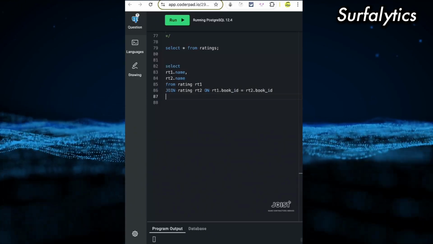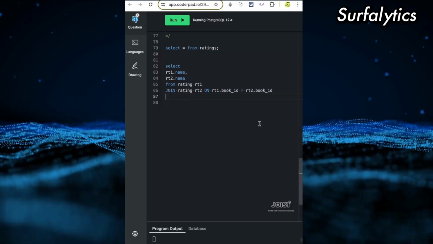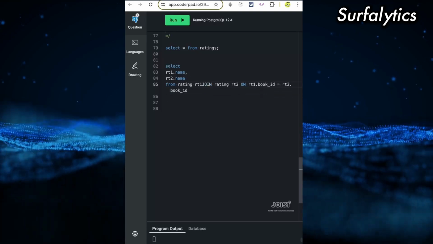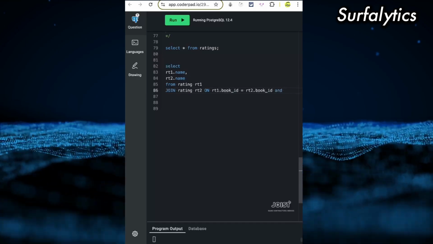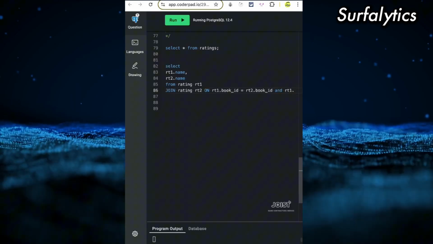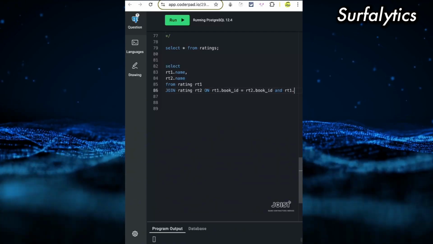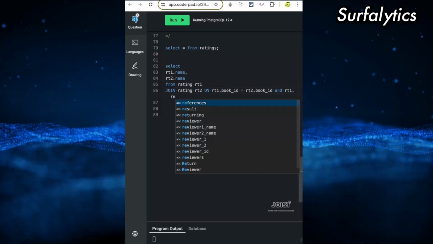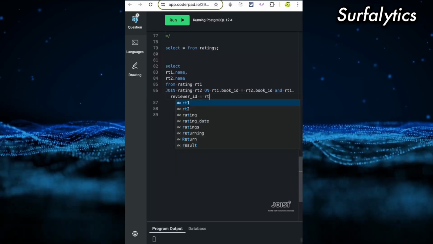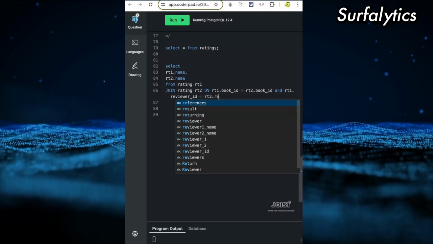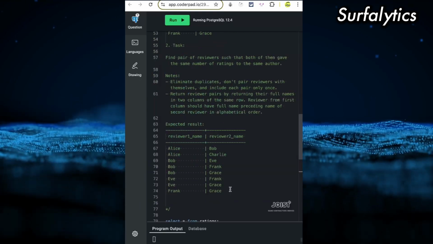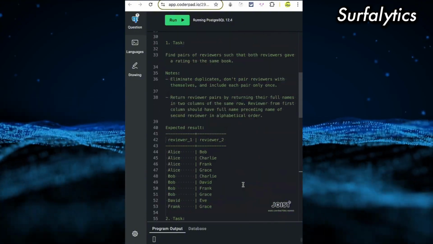And also I need to add reviews. Oh, I need to add also RT1. I need to add by reviewer ID. Reviewer ID equals RT2 reviewers ID. Okay.